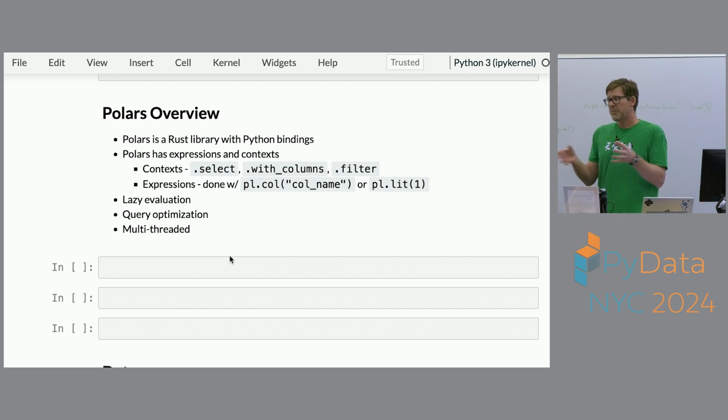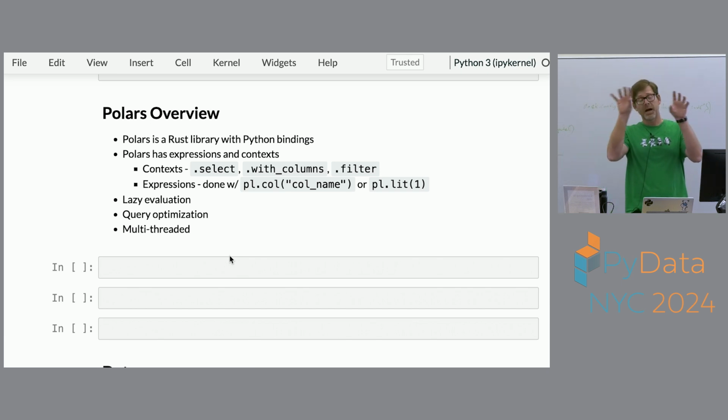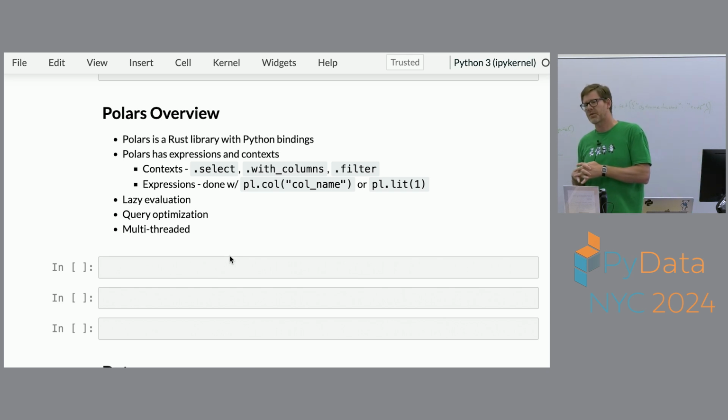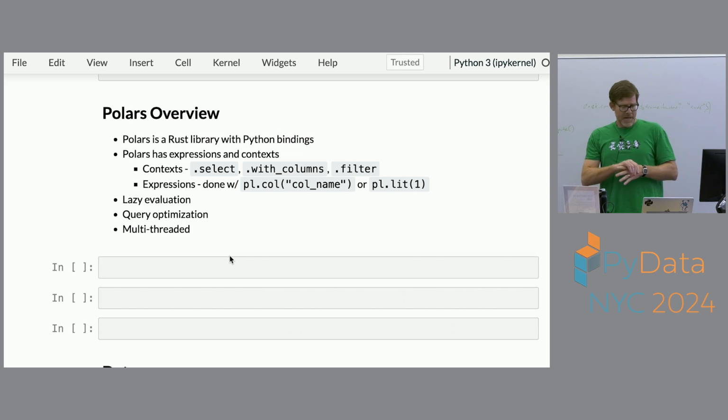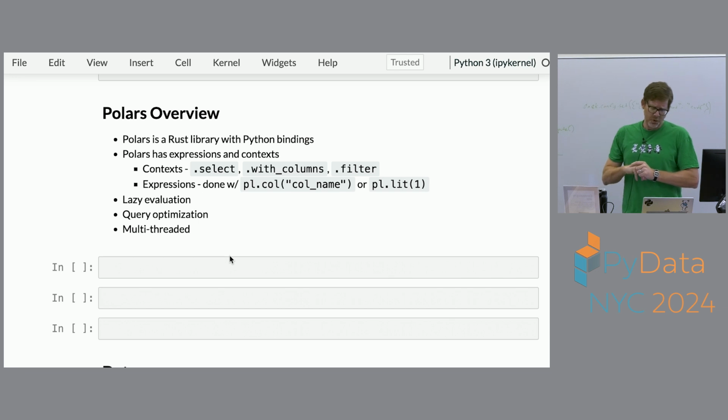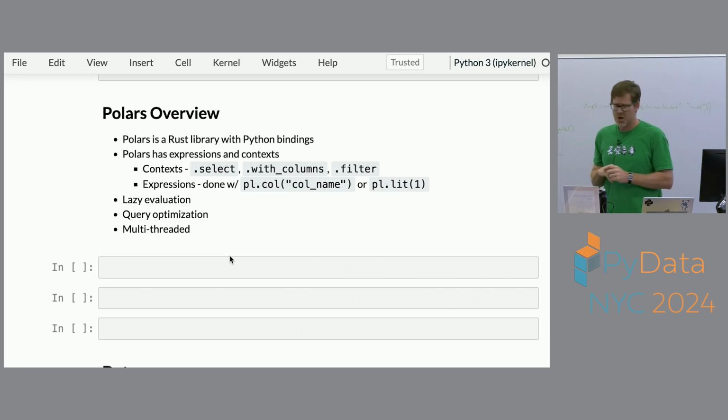There is a Rust library that implements Polars, and then there's a Python library which you can think of as a veneer on top of that. Polars does not implement the Pandas API, so if you're thinking that you can just take your Pandas code and change import pandas as pd to import polars as pd, you're going to be disappointed. That's not going to work. Polars also has this notion of a context and an expression,